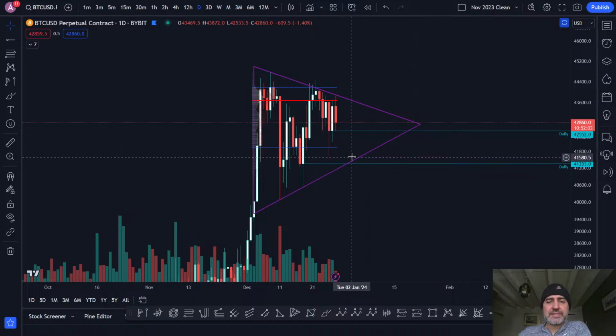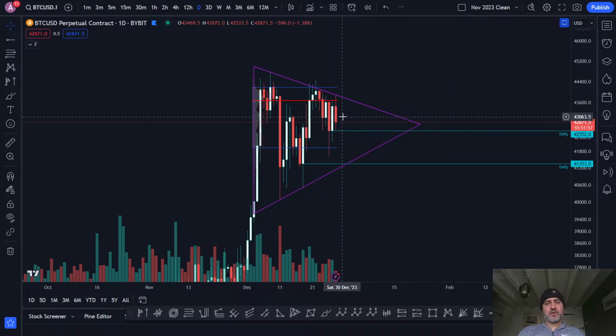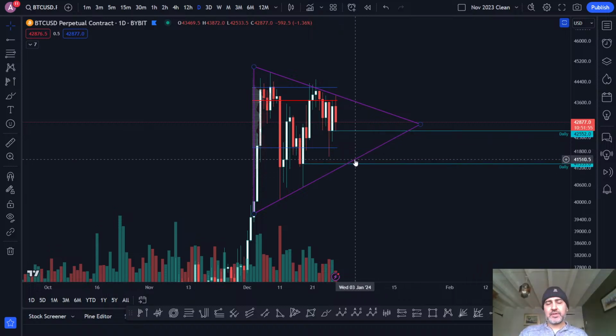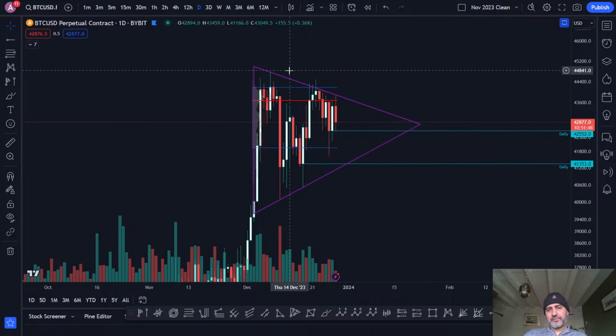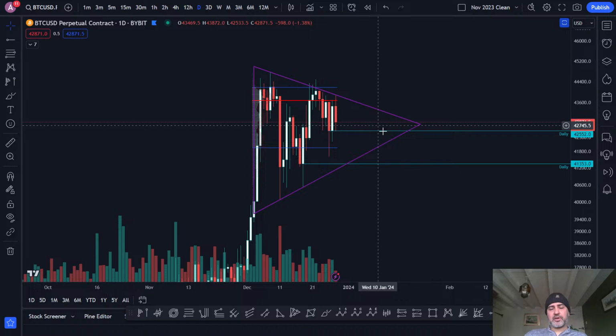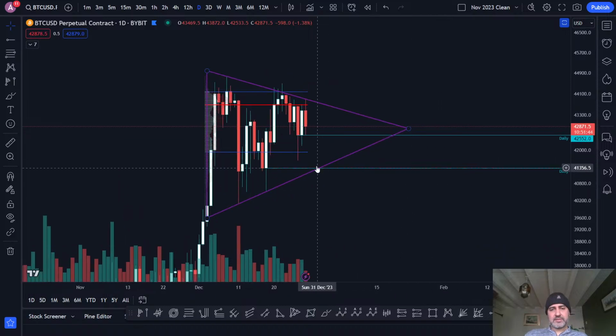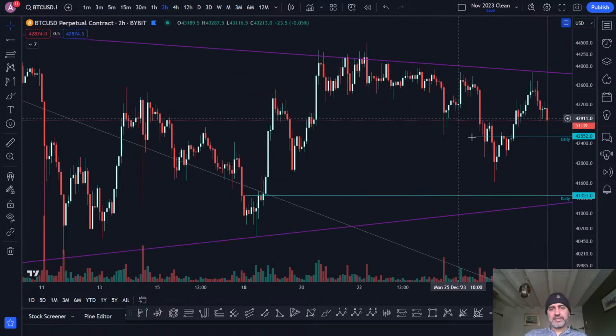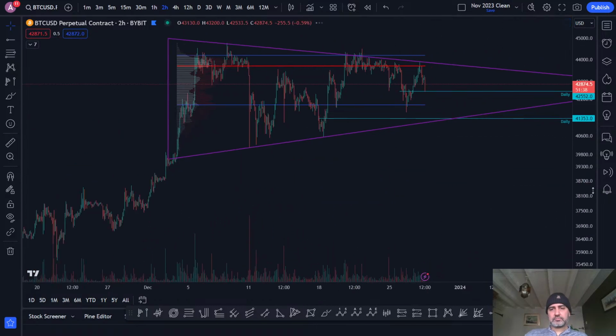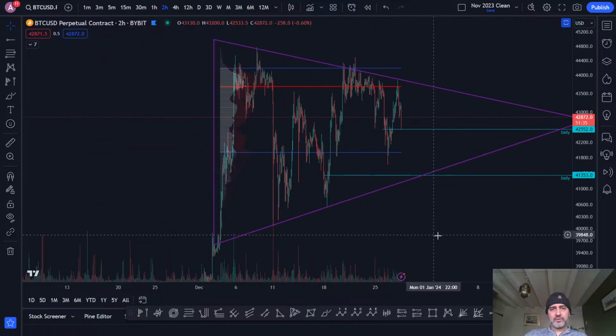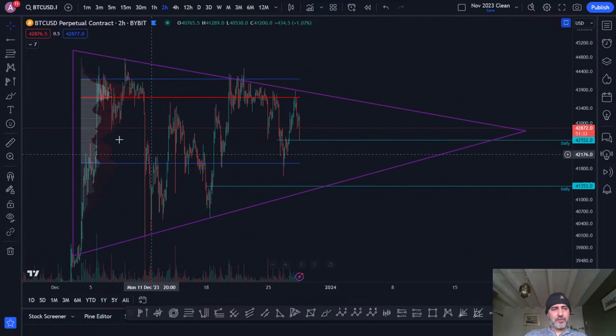I think there is a long to be had, and the short to be had was last night. So I think you could short all the way down, potentially look for short opportunities on a lower time frame down to the bottom of this triangle, and then look to long it back up. That's what I'm thinking. And I already know there's a good long opportunity lower down at the bottom of this triangle, because I had it already